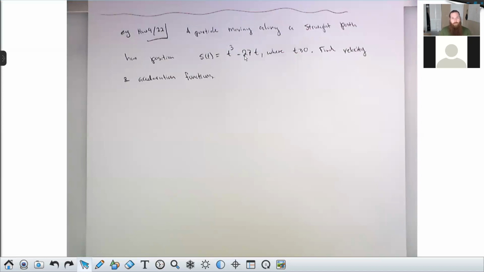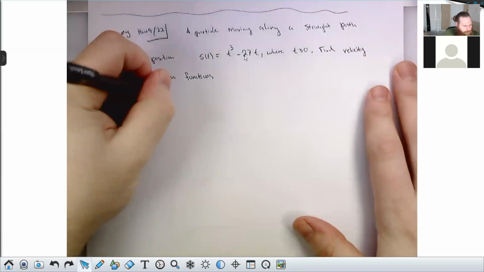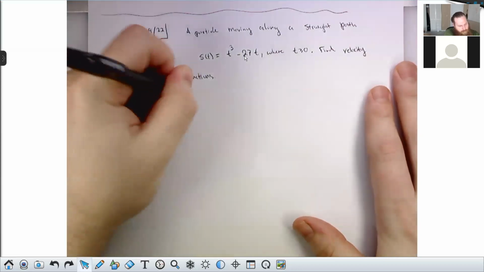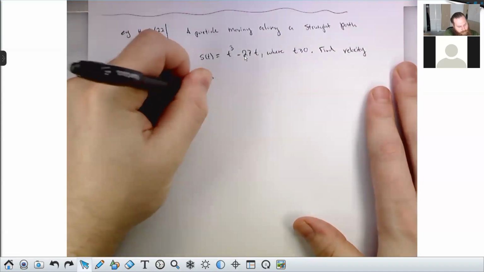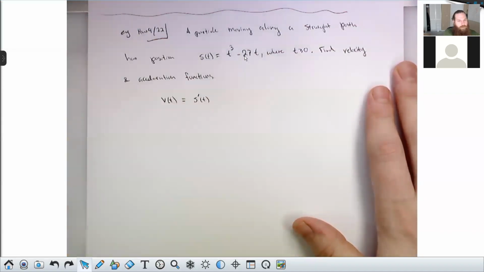There are also higher derivatives of position called jerk, jounce, snap, crackle, and pop. Jerk is what it sounds like. When you go over a speed bump, you feel this really intense jerky motion. It's the third derivative of your position taken with respect to time. The term jounce is kind of silly. That's your fourth time derivative of position. And snap, crackle, and pop are really just very silly. Those are the fifth, sixth, and seventh derivatives taken with respect to time. So the ones that we really care about for the purposes of physics: your velocity is the derivative of your position taken with respect to time.